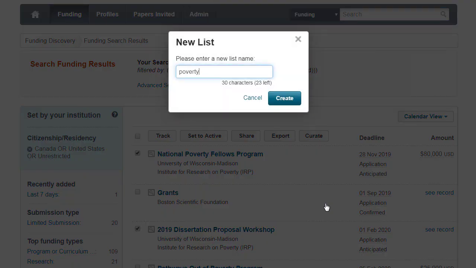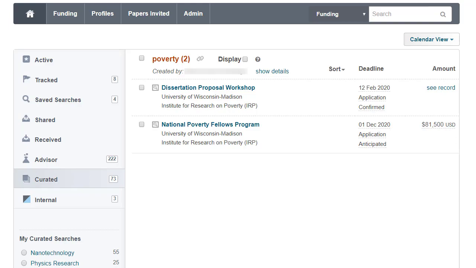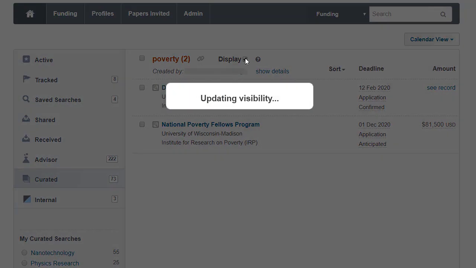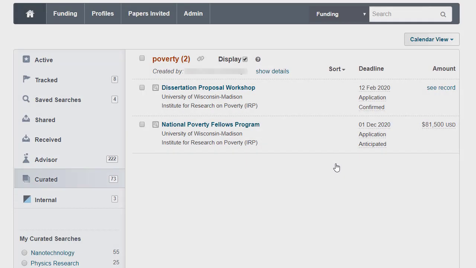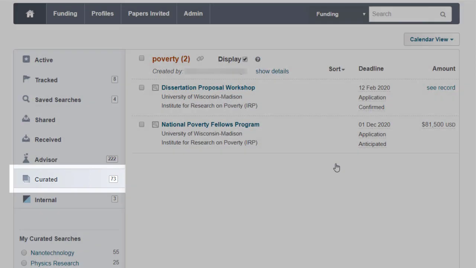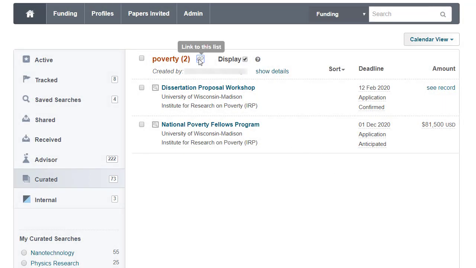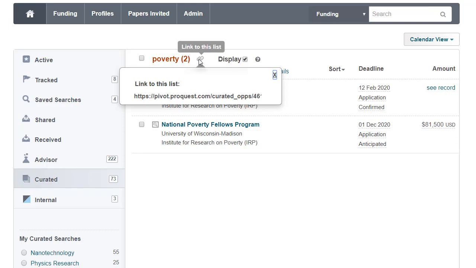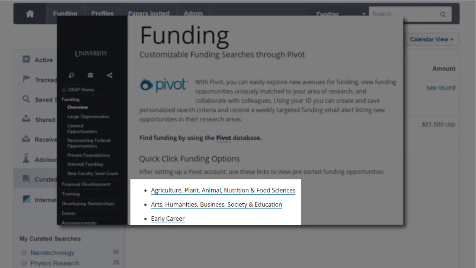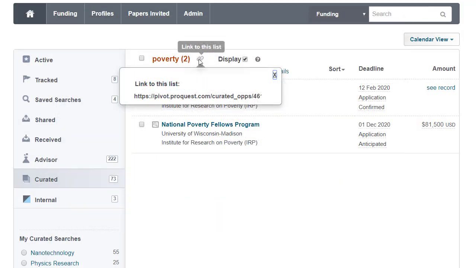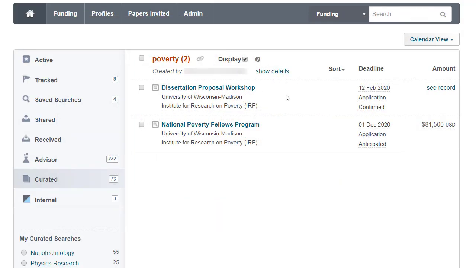This curated list won't be visible to users at your institution until you check the Display box. Once you do, your list will show up on everyone's Curated tab. Also, you can click here and get a stable URL that you can embed other places, such as web pages, emails, and so on, even if you haven't checked the Display box. A curated list is static. You have to manually add or remove opportunities from the list, although Pivot won't display expired opportunities after their deadlines